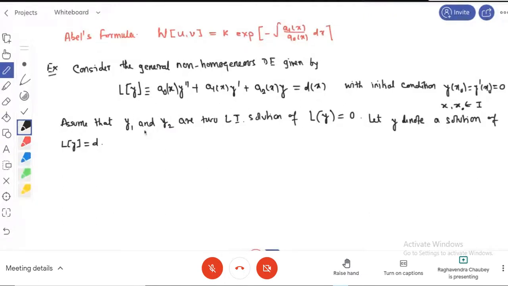If y1, y2 are given, or we can find them from the homogeneous differential equation, then how can we find the general solution of this non-homogeneous differential equation? Here, y1, y2 are twice differentiable functions. Similarly, y, the solution of this second order linear differential equation, is a twice differentiable function. And we know from the previous class that